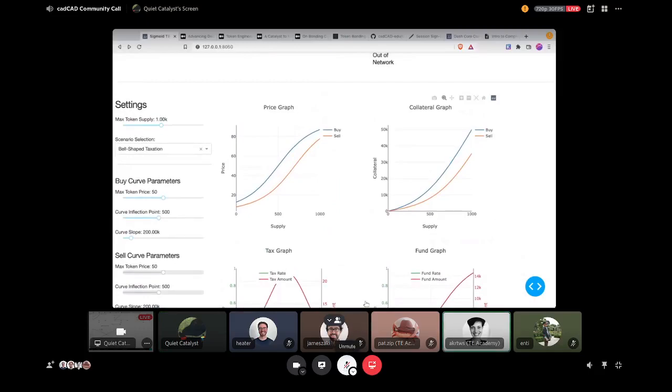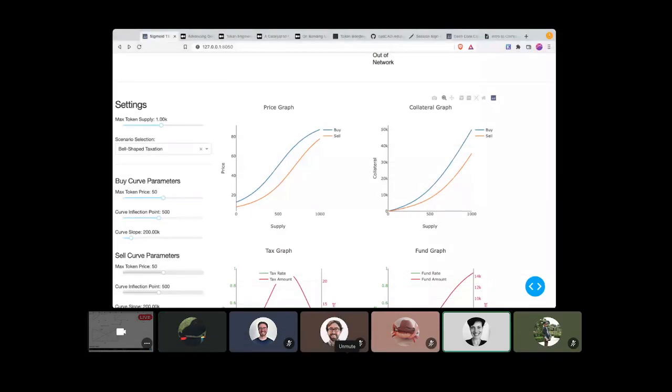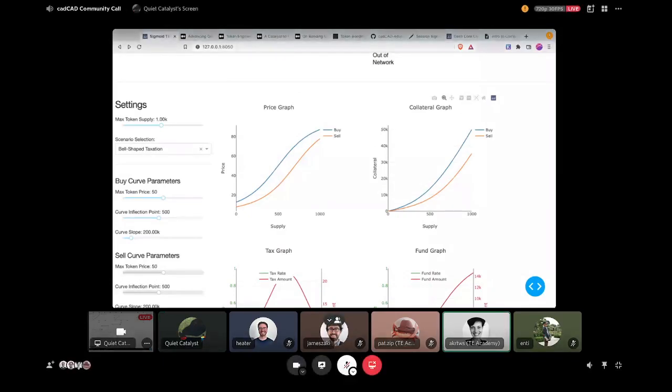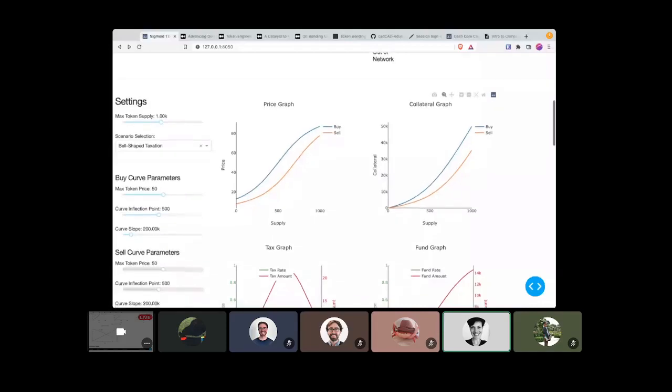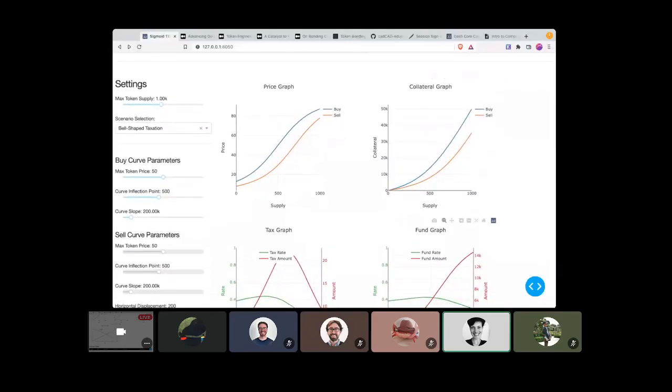Yeah, first, this is really cool, Mike. Thank you. It's amazing. I like it a lot. I mean, we have used such applications also for discussing the parameter settings for the TEC, and we also had a bonding curve. We also had a tax, and in our case, it's entry and exit fee, but a very similar setup without the sigmoid shape. And yeah, it's just cool.